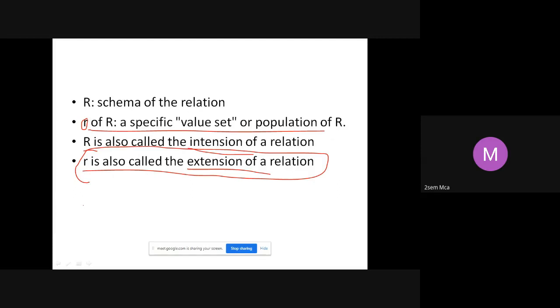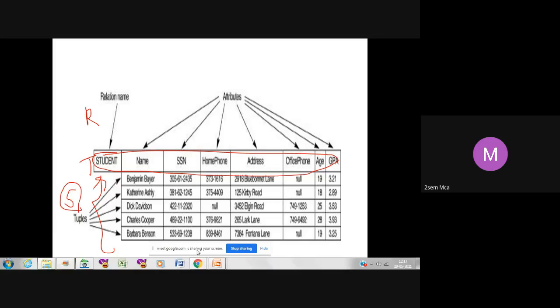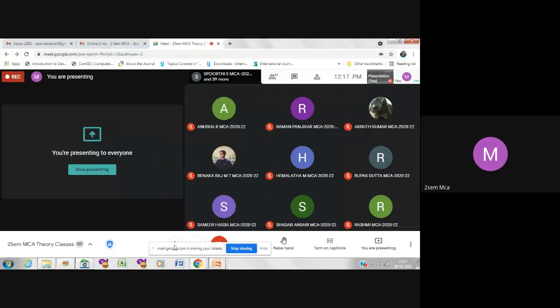Intension, extension. The relation name is represented with capital R, and this whole collection is represented by small r. Right? Any doubts at this point of time? Anyone? Any questions?